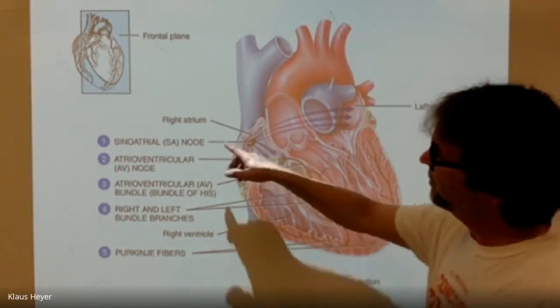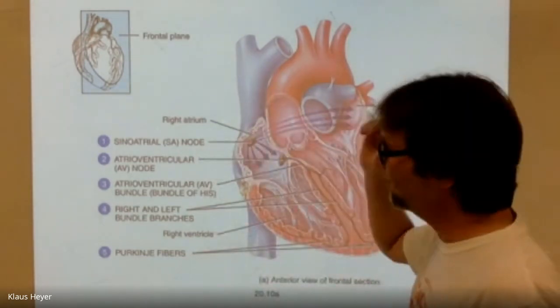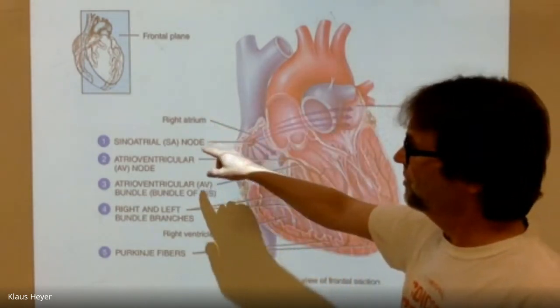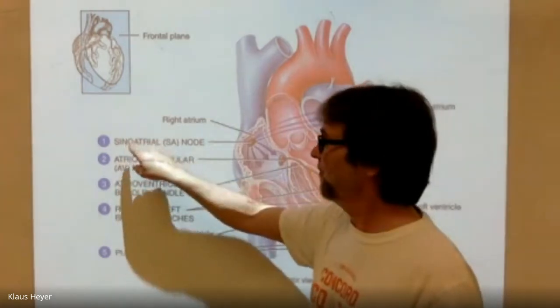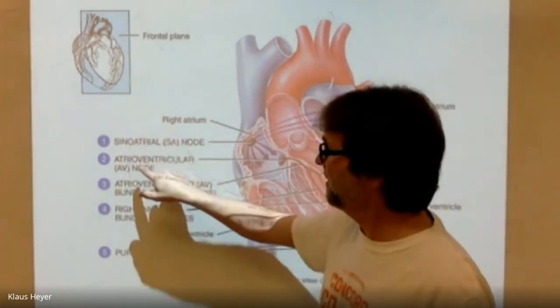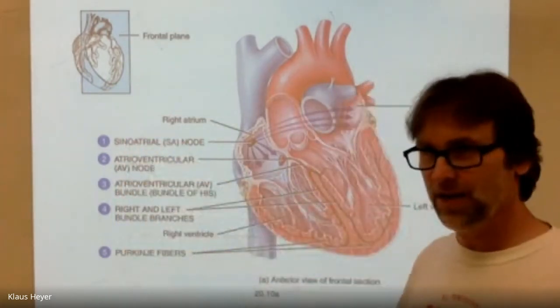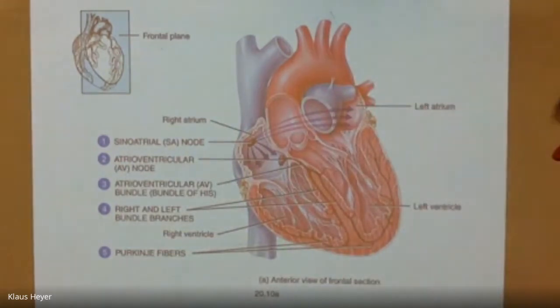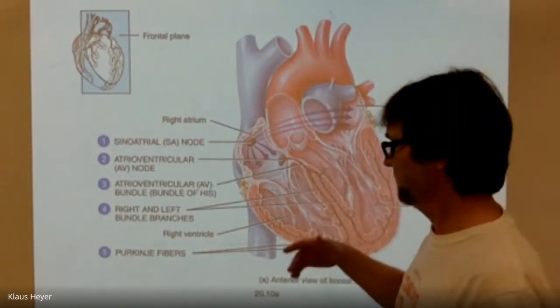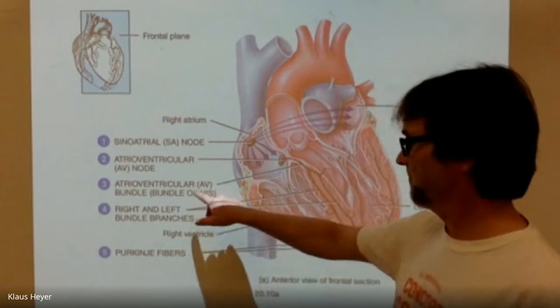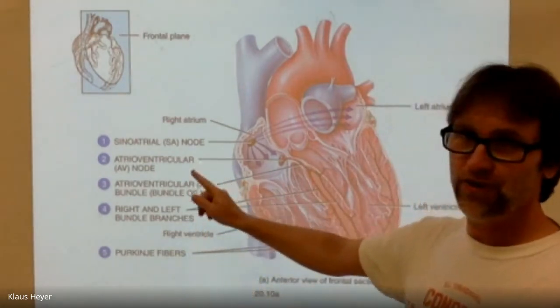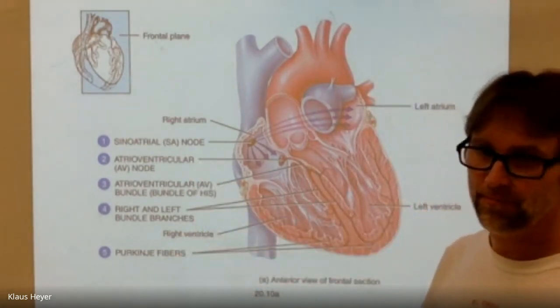But just keep in your head, if the SA node, the sinoatrial node, you're going to call it sinoatrial, if the sinoatrial node fails, then the atrioventricular node can take over. I mean, they even say that the atrioventricular bundle could take over. But